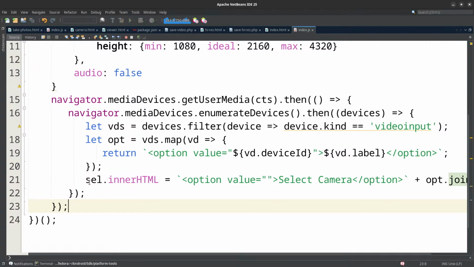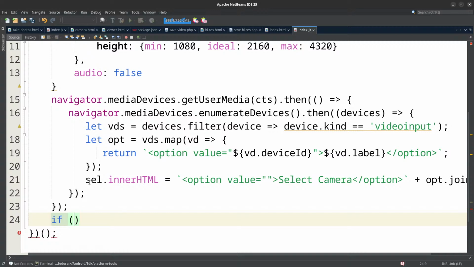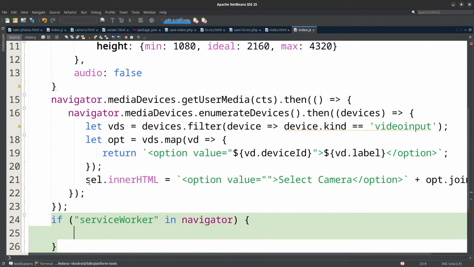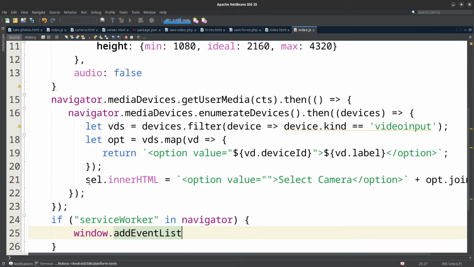what I'm going to do is keep this simple. What I need to do is also set up the service worker. So this is different from previous tutorials. Service worker in Navigator. So window dot add event listener load. So this means when the page loads,